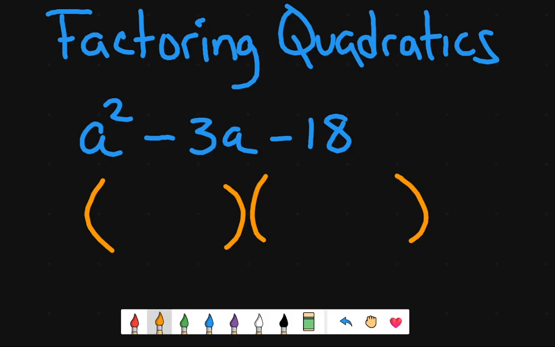Remember that we have to look at a few things before we even start the factoring process. The first thing we're going to look at is the second sign here. The second sign inside of our quadratic, our expression known as the quadratic or trinomial, is a negative sign. So that lets you know automatically that the signs are going to be different inside of the binomials. That means one is going to be a plus, one is going to be a minus, all right? Because remember, when you multiply,